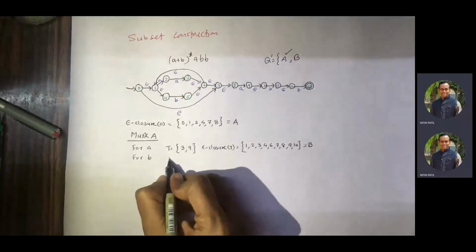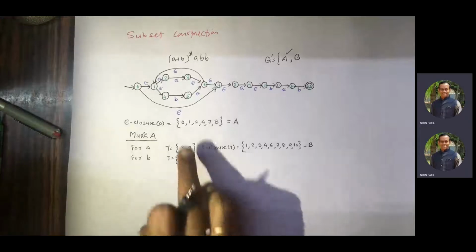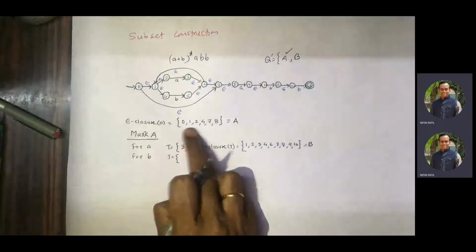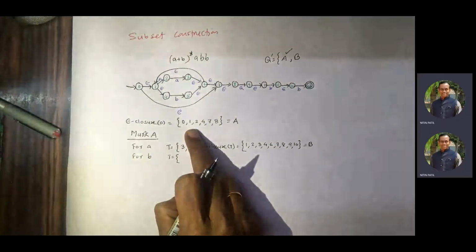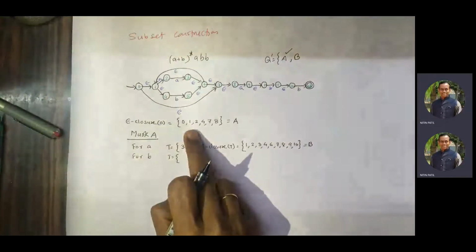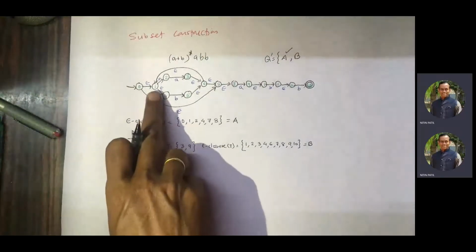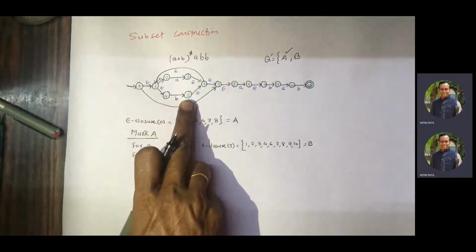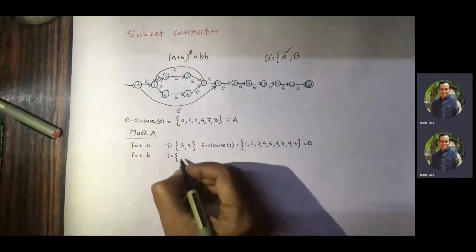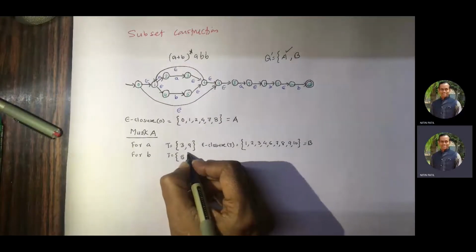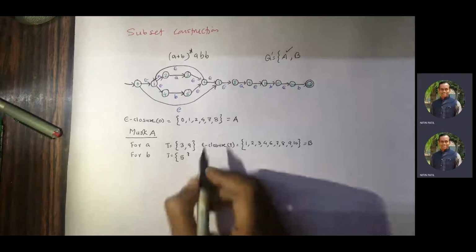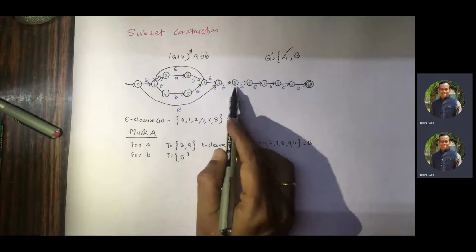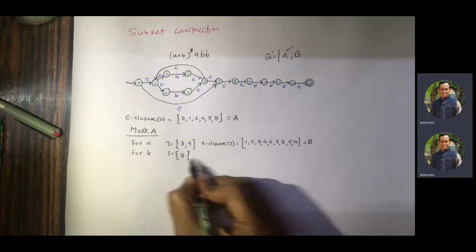For input B, compute T. Now the same set you are going to see, this would be your A. Try to see from which states among this set there is a transition with B. If I see 0, no; 1, no; 2, no; 4, yes, it is going to 5. So you add 5 here. From 7 I don't have, from 8 I don't have. That's why I'm closing this bracket.